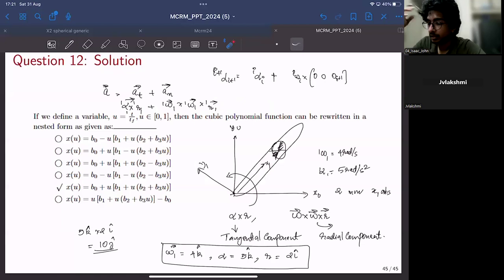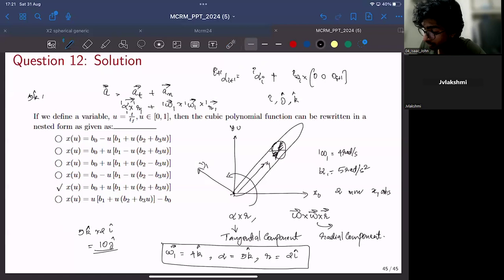What are the two final coordinates? Actually, what is the final vector direction? Final vector direction then. Like if you consider i to be the unit vector along x1, j to be the unit vector along y1, and k to be the unit vector along z1, then alpha cross r would be